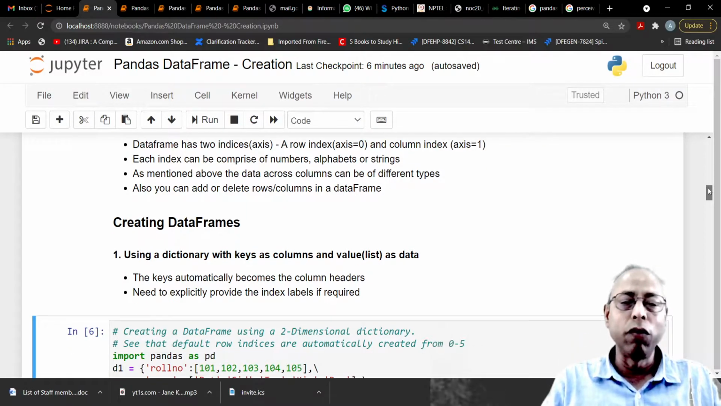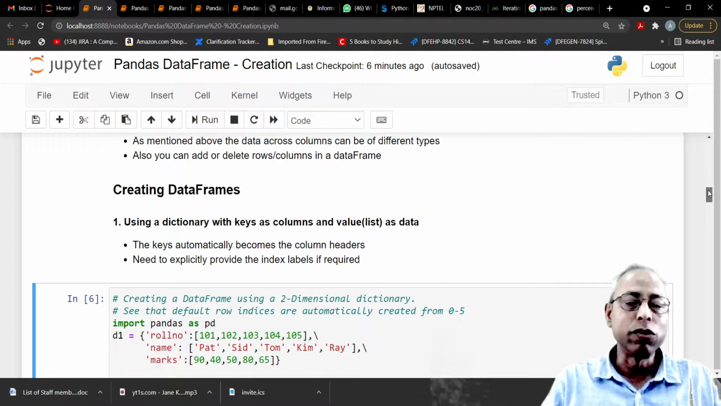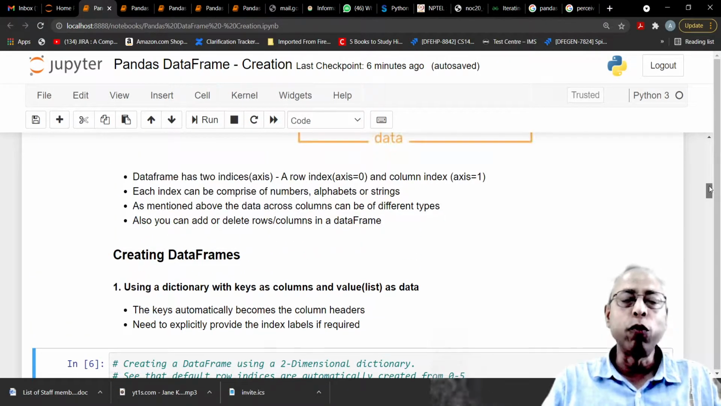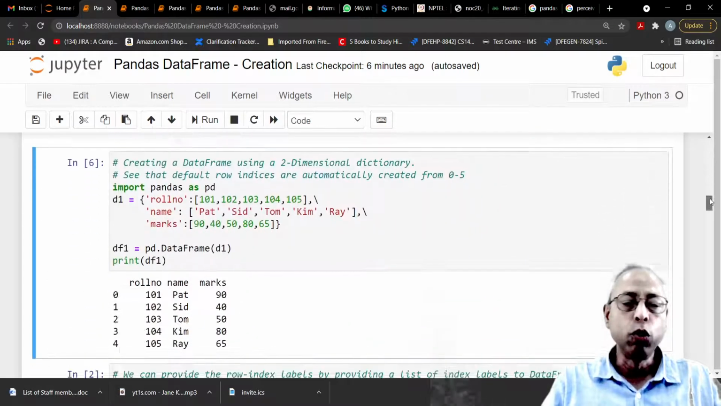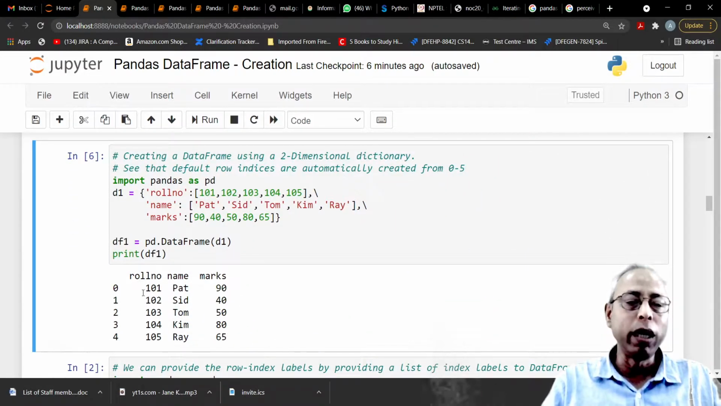This is one way. The first way is to create a data frame using a dictionary. Now, if you want to perceive a data frame as columns, see, these are columns. Roll number is a column where we have got the roll numbers. The name is a column which is having names, and marks is a column which is having marks. So if you want to perceive a data frame as columns, then we use this method where we create a